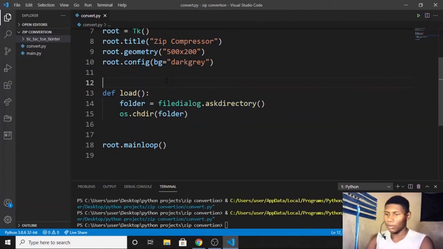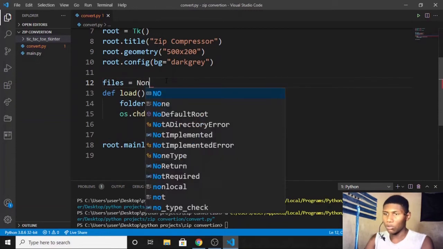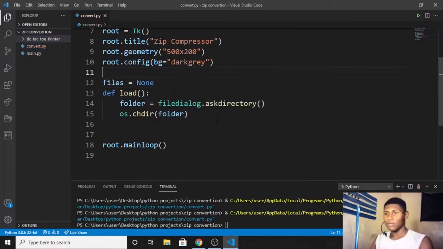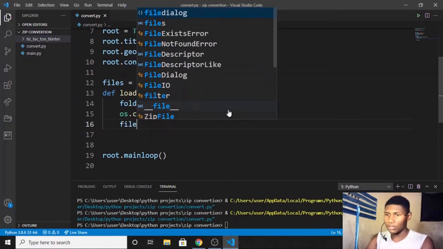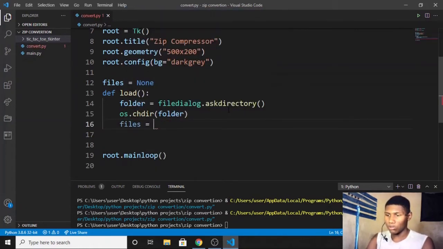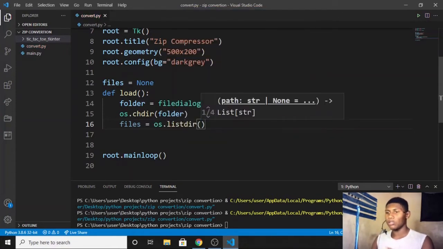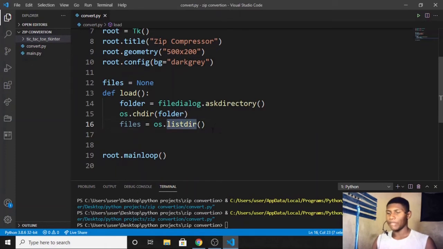So here at the top, I'm just going to do files, and I'm going to say files is going to be equal to none. So that means that it's just going to be a none value. And here I'm just going to do files should be equal to os.listdir. So this is going to get all the directories under the folder. And as you can see, if we actually use this as it is right now, it's not going to work,